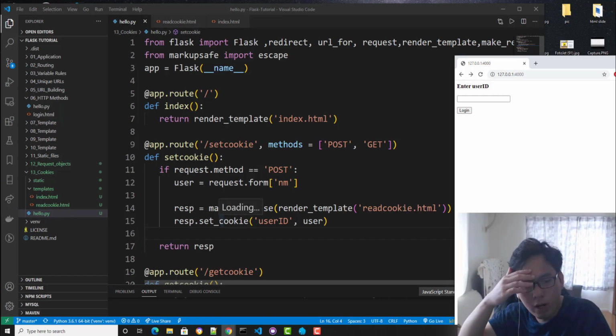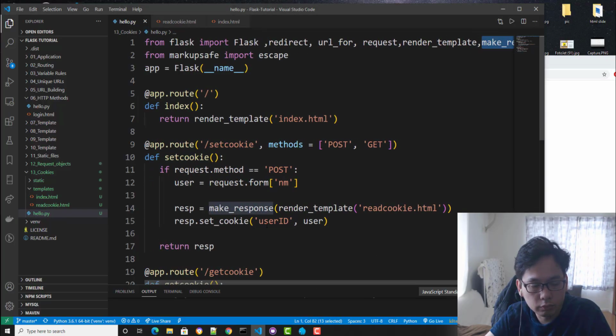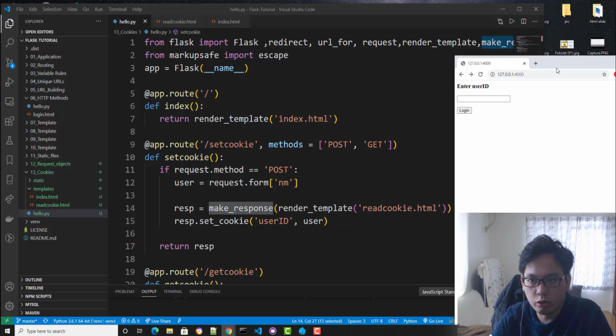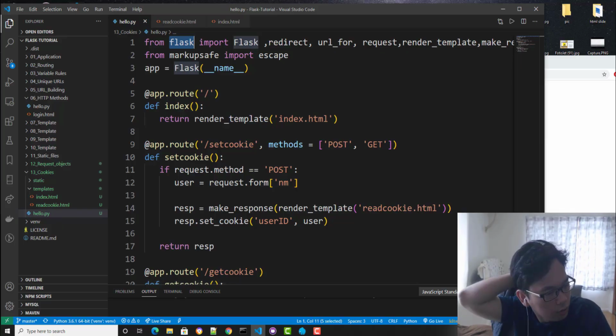Okay, so there's one thing that you should know: make response, something like that. We never used this. So if you wanna become a Flask developer, or any kind of developer, you should read that documentation. I already told you over and over again. Like, where do you get this function anyway? It's on Flask. There are so many built-in functions in Flask that exist. You don't need to hard code it anyway.